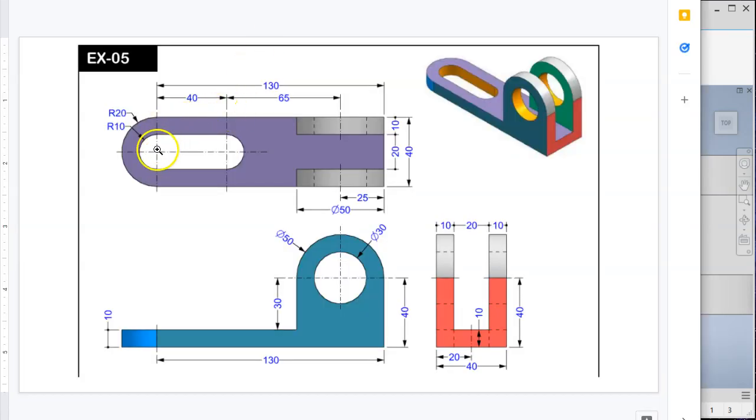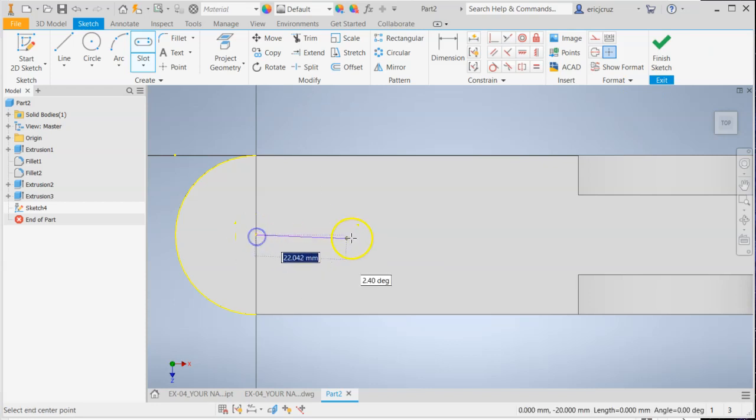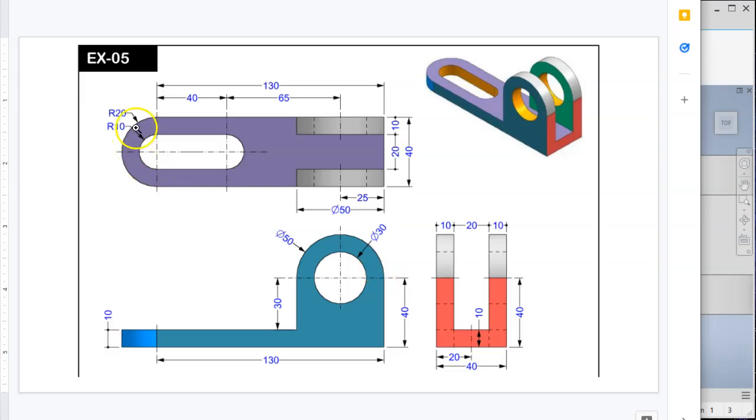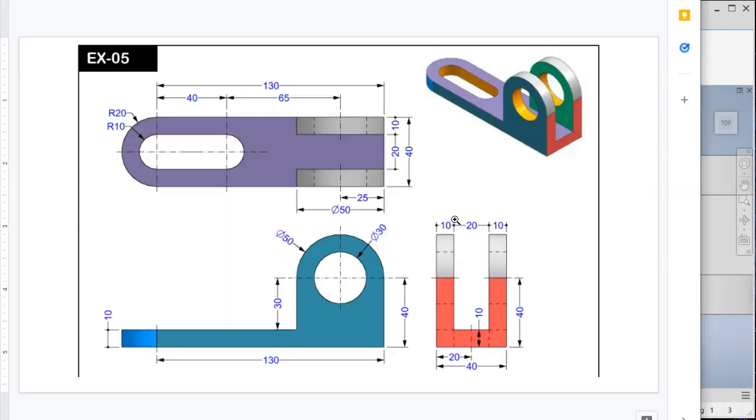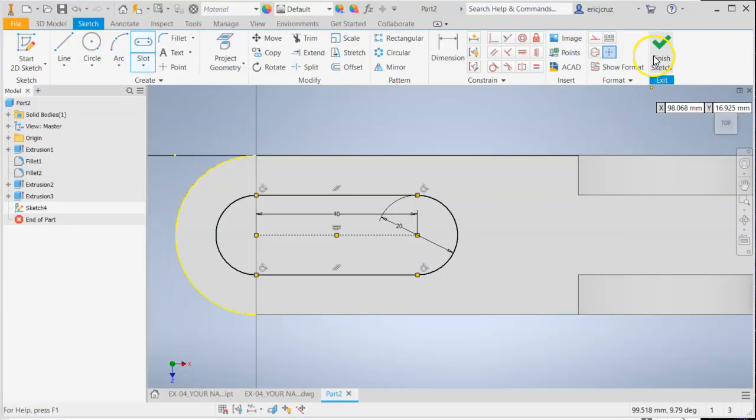Let's go back. So the center between the centers of these two right here is 40. So click on the center and go to the right, and you can type 40, press enter. Let me go back to the drawing. The radius is 10, which means that the diameter is 20, and when you're making a center to center slot, it operates as the diameter, so make that say 20. Yeah, that's right. Click finish sketch,